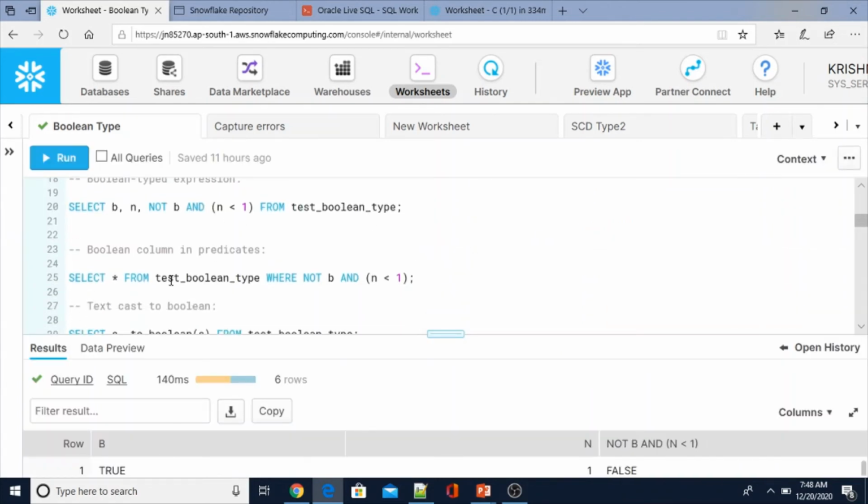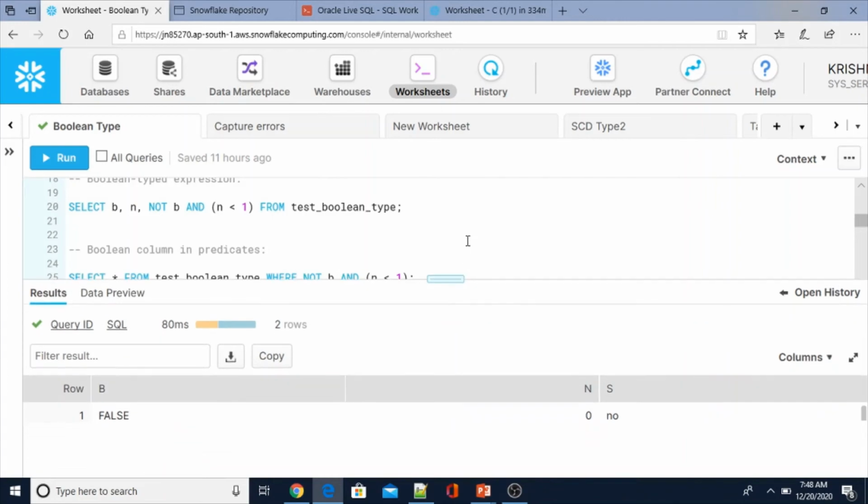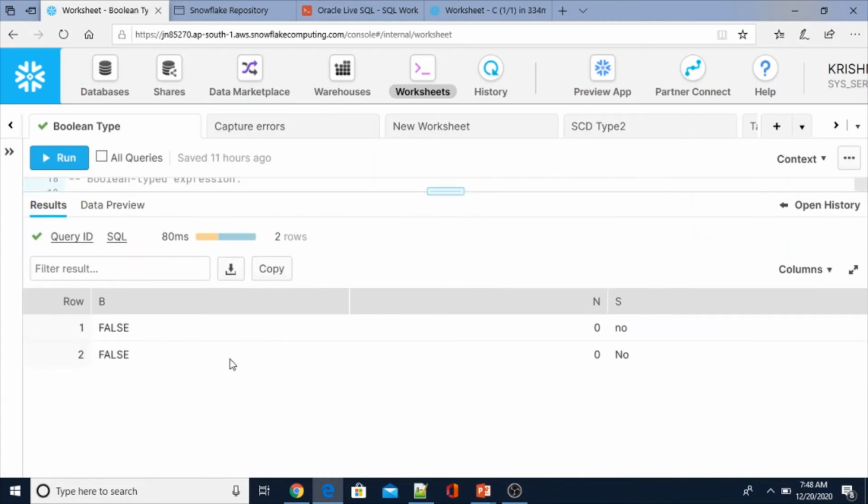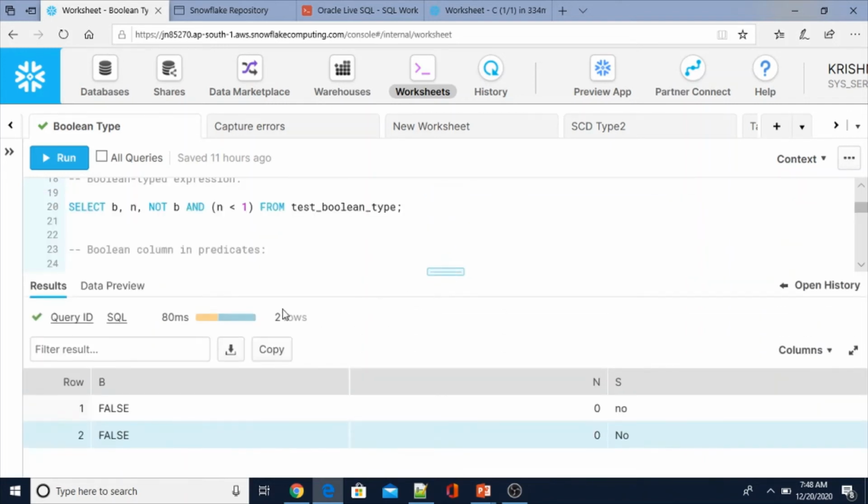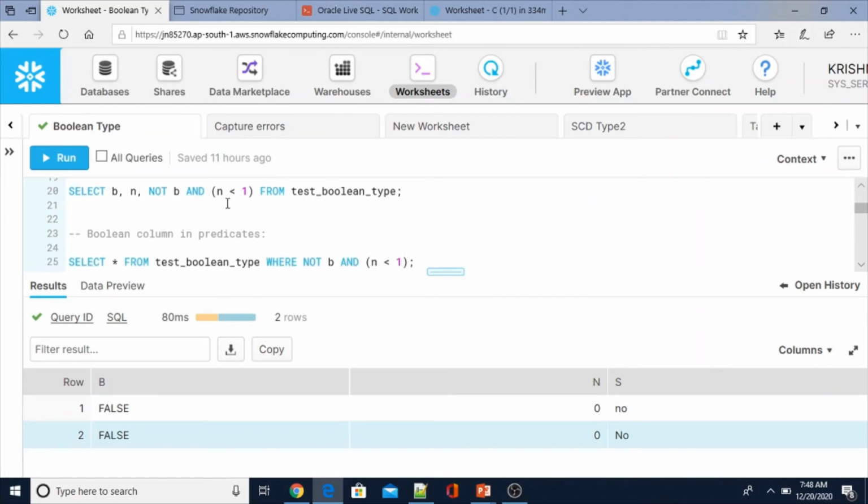Okay. Now boolean column in predicates. So we can make use of the predicate here. See, the predicate, because the condition has been satisfied. See 0, 0, n less than 0, and the other condition, where not b means the false value, whatever the false b value, so we can take those values.